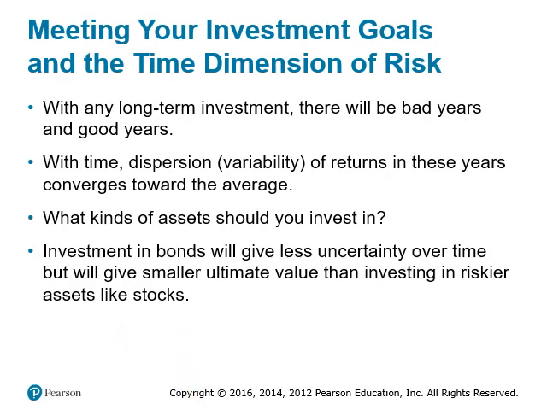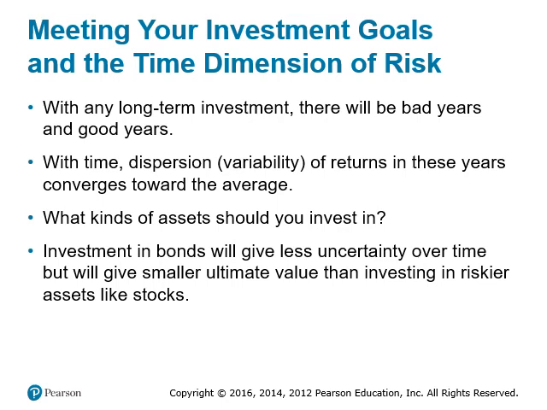How do you meet your investment goals and the time dimension of risk? Meeting your investment goals. With any long-term investment, there will be bad years and good years. Of course, with long-term investment, don't forget that we mentioned that it spans up to 10 years, and we cannot expect that within these 10 years it's only good times that will always happen. So there's always going to be good time, there's always going to be bad time. So with time, the dispersion of variability of returns in these years converges towards the average. So at the end of the day, the good times will be added to the bad times